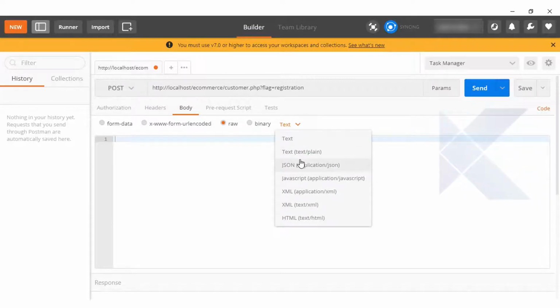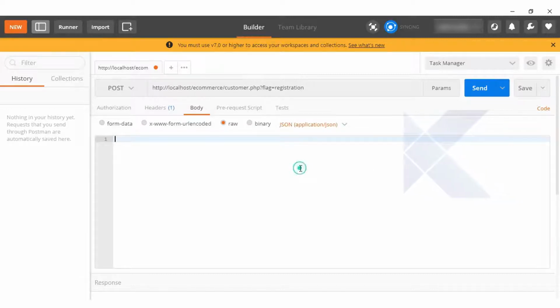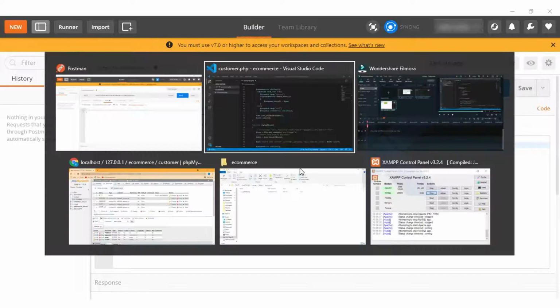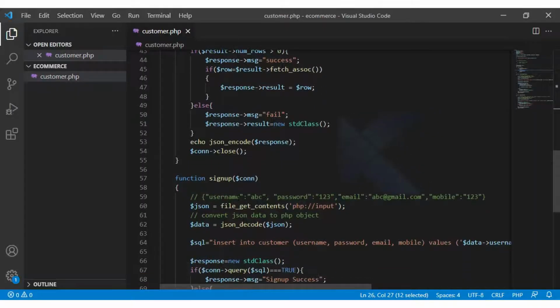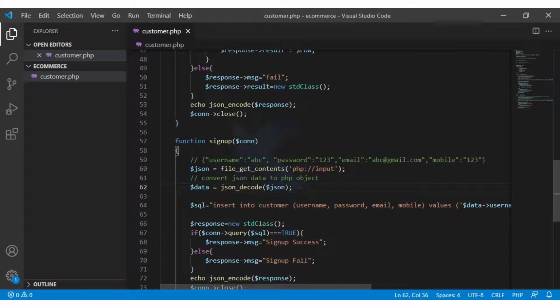I will select JSON, as we are going to pass JSON data. As I already explained, we can pass username, password, email, and mobile, so that this data gets inserted into our table.